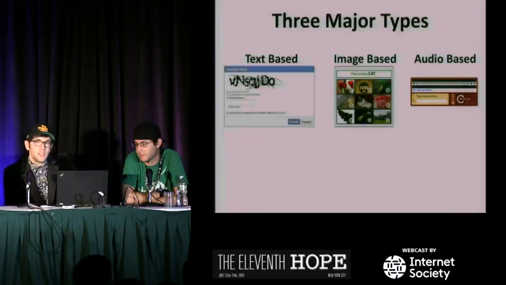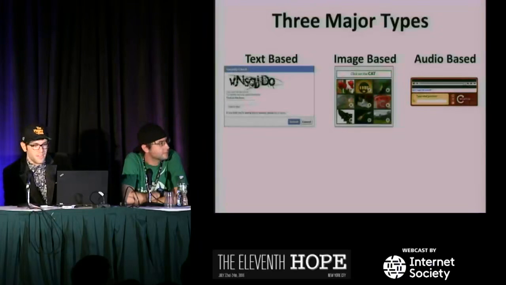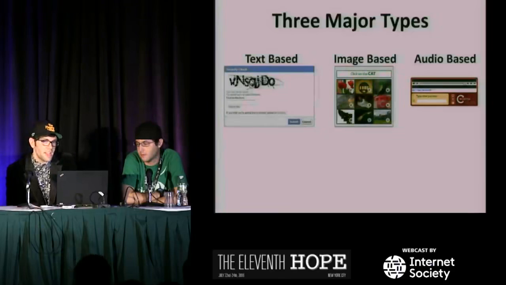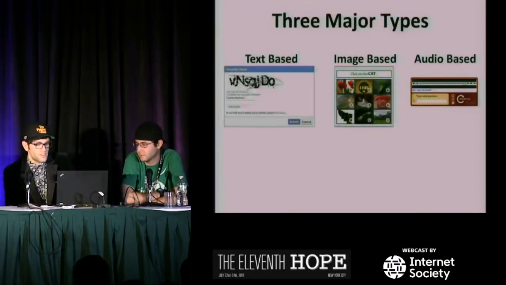The future is image-based ones, right? So we're seeing now a move towards image-based CAPTCHAs. These ones ask you to perform an image or object recognition task as the hard AI problem, right? We want to know that you have the ability to recognize an object. This is a cat, this is a flower, this is a telephone, etc. Right? That's not to say computers can't perform that task, but up until very recently, that was generally considered a hard computer vision problem. We'll see where we've evolved in computer vision shortly.